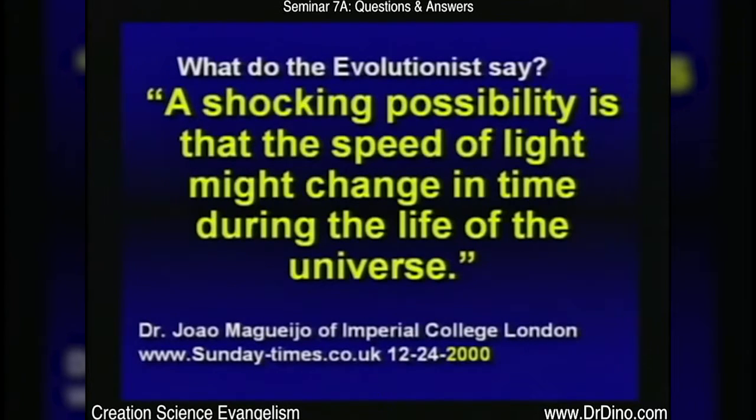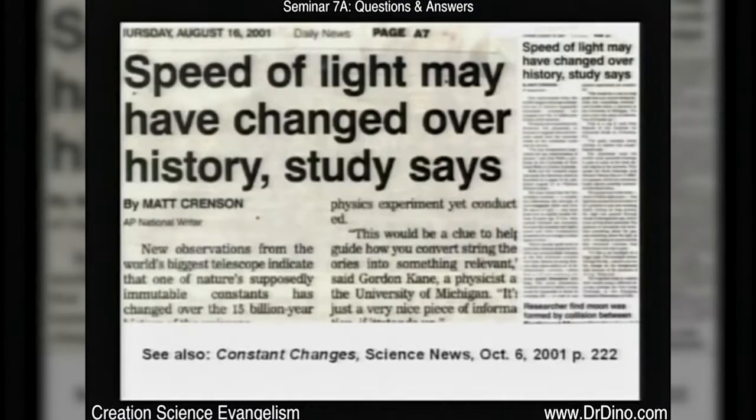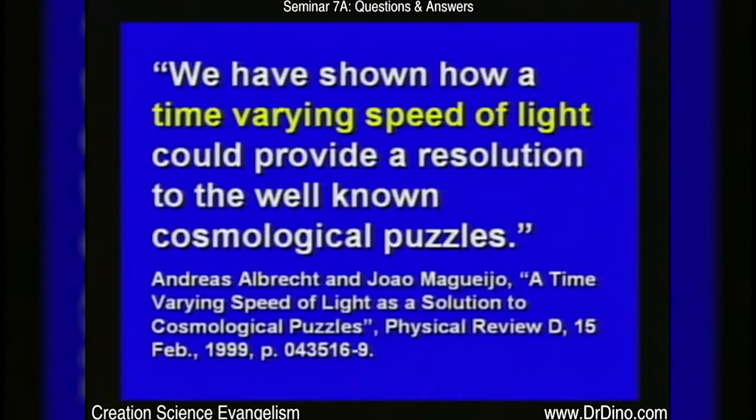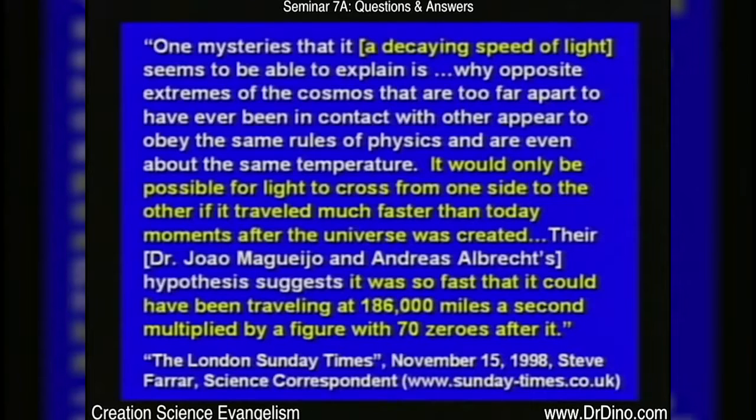Could it be the speed of light was faster? There's an article in the newspaper that said speed of light may have changed over history, study says. Winnipeg Free Press: nothing's reliable, not even the speed of light. We have shown that a time-varying speed of light could provide a resolution to well-known cosmological puzzles. One of the mysteries of a decaying speed of light seems to be able to explain